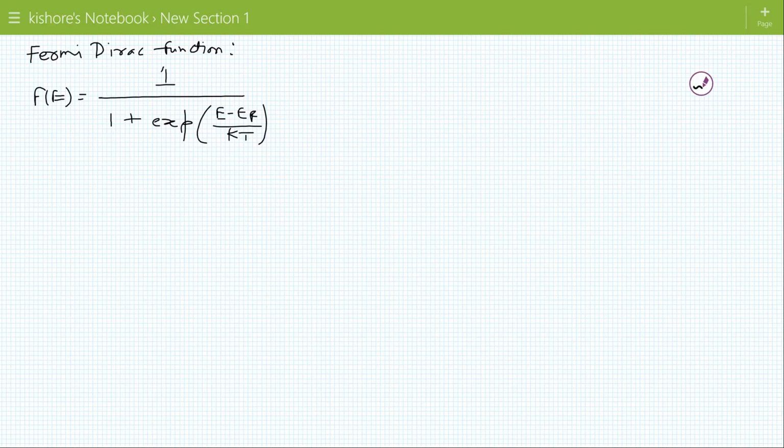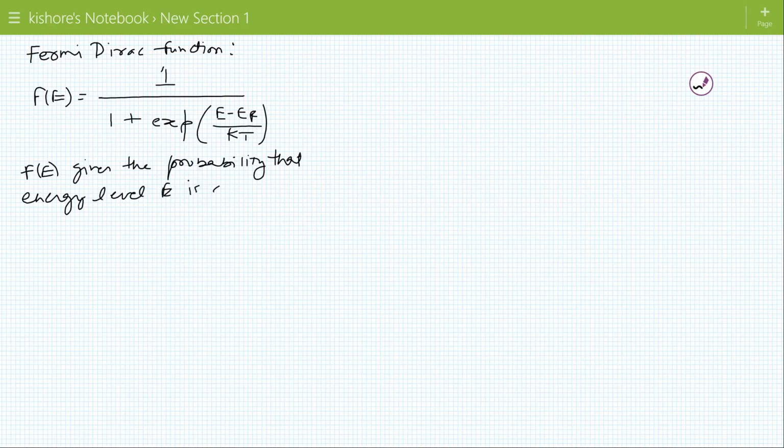This F(E) gives the probability that energy level E is occupied by electron,